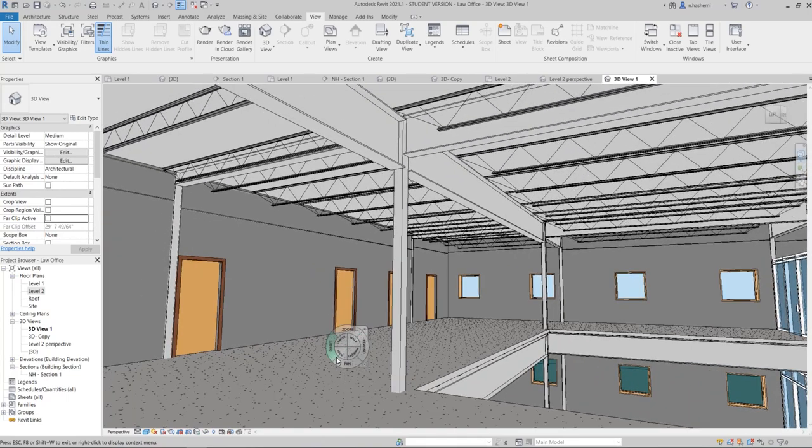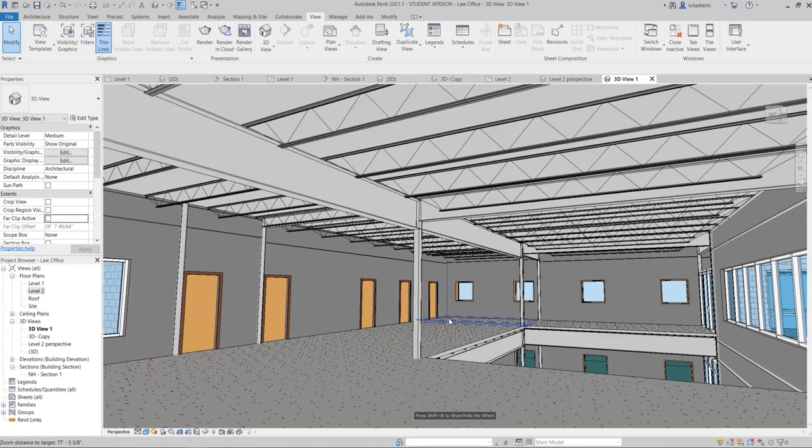So you can play with all these options here and see what different options are here that you can use when navigating inside the building, because we have this option only for inside the building, not the 3D views outside the building. Okay, now I can close it.